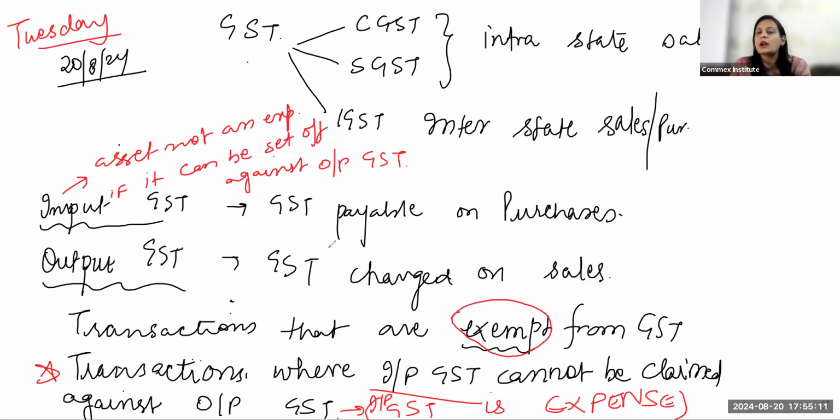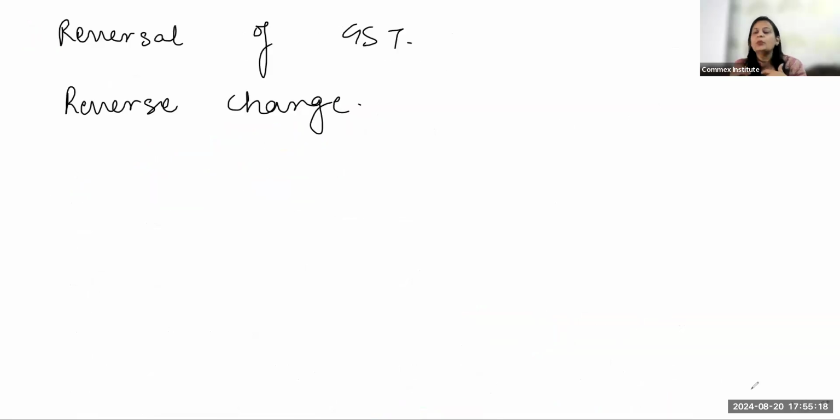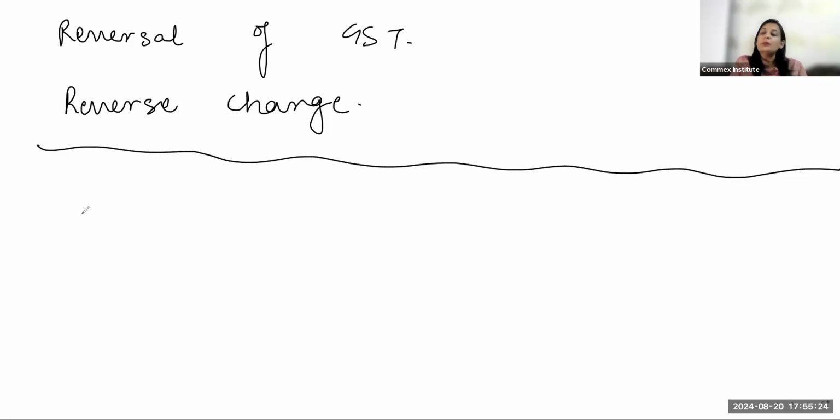So we revised, Arhan, all the entries and all the topics which we had done in the last class. Now I'm telling you the basic entries before we move on to the questions. Number one: when we purchase goods and services, intrastate or interstate, we had done this transaction, but because this transaction is so important and so commonly asked, I'm doing it again. The entry for purchases, whether cash purchase or credit purchase,